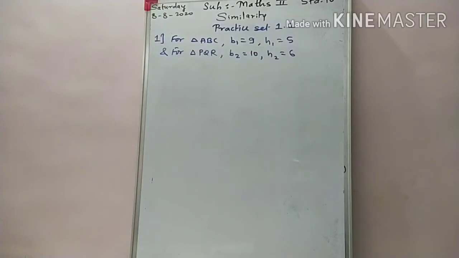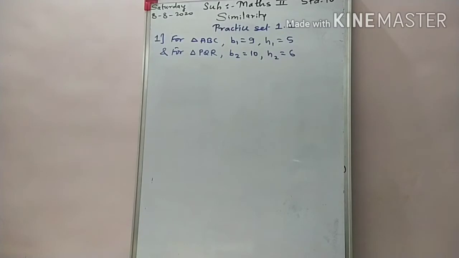And on pages number 3, 4 and 5 you are given 4 solved examples. Those 4 examples you also have to write down in your homework book. Okay, students? And then now using these properties you have to try to solve our first practice set 1.1. So here we start our first practice set 1.1.